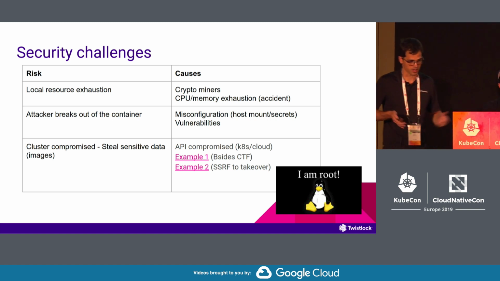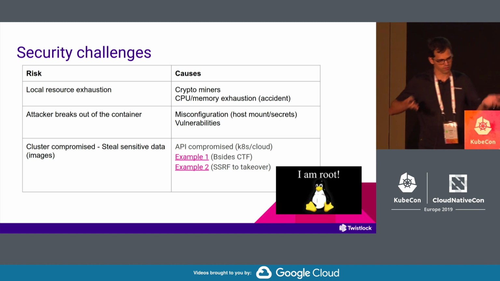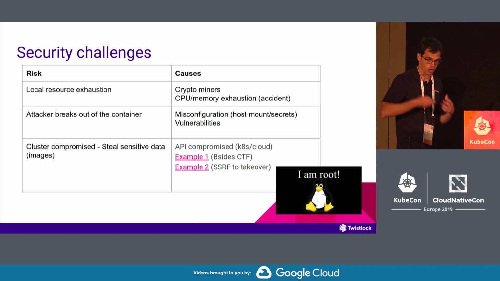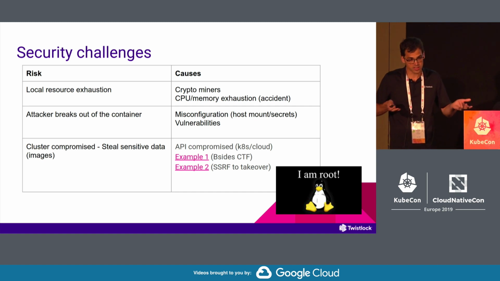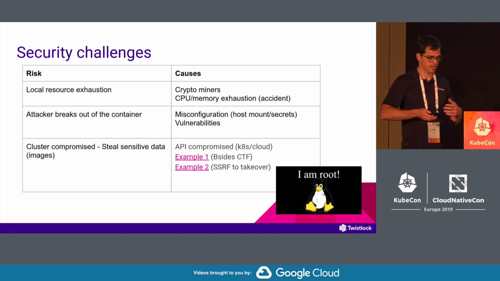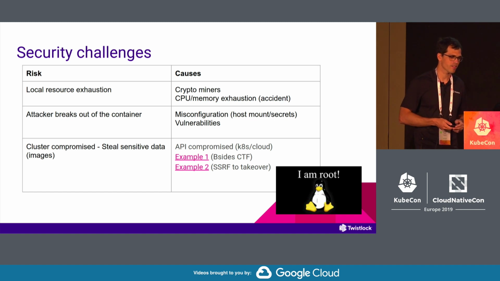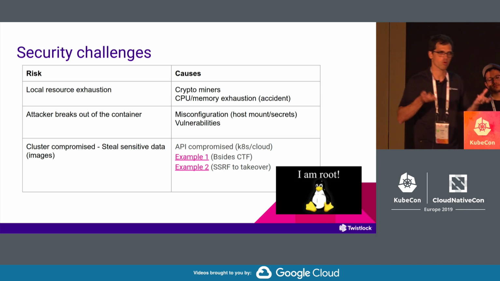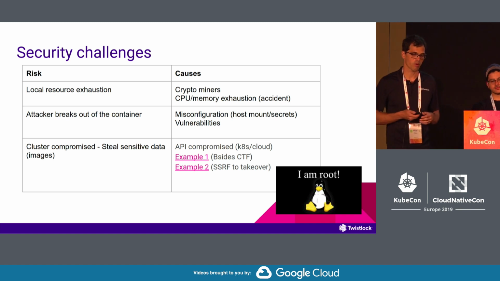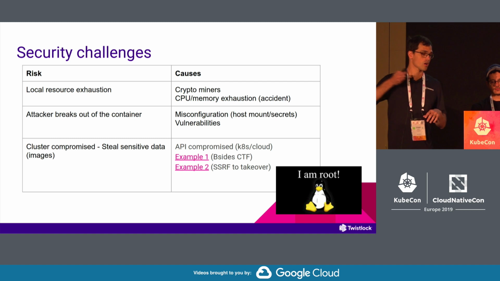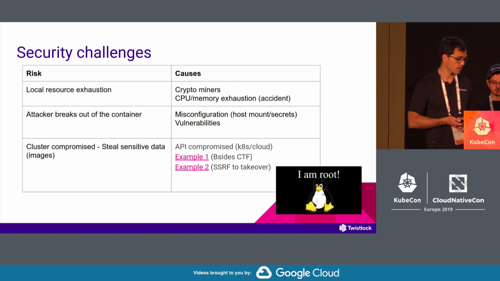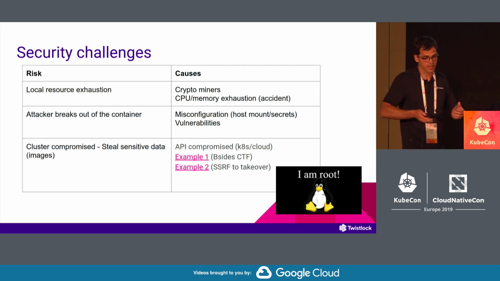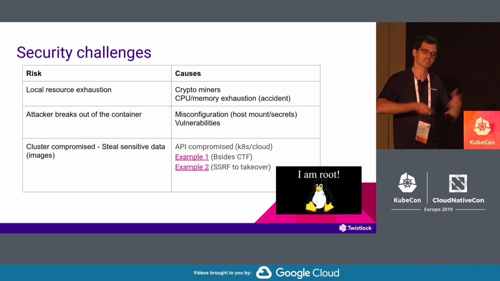The second security risk is what happens when an attacker breaks out of the container. This can actually happen. And it can happen because you either misconfigured your pods or your YAMLs, or you have a vulnerability somewhere in your infrastructure. Both of those instances really happen. And the third security challenge, which also happens in real life, is when somebody uses some network attack to do a cluster compromise. Somehow they manage to access your Kubernetes API server or the cloud provider API metadata server, and there are a lot of talks about this subject, and they manage to completely take over your cluster, steal all the images, and it's game over for you because the CTF is over.